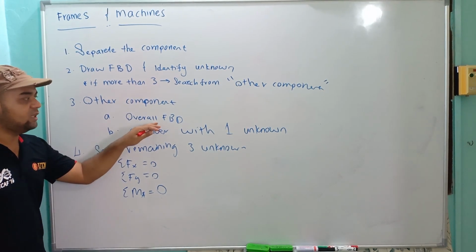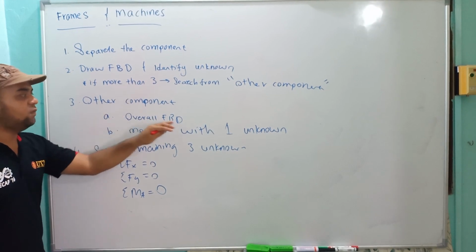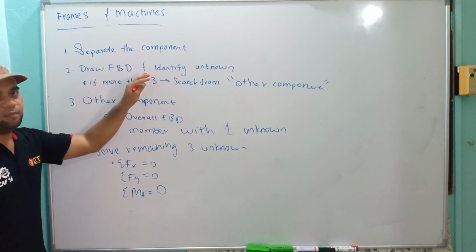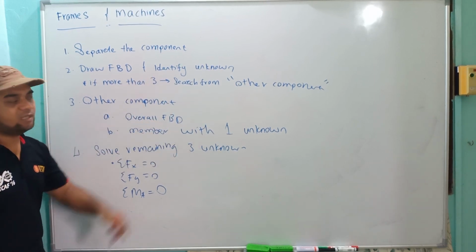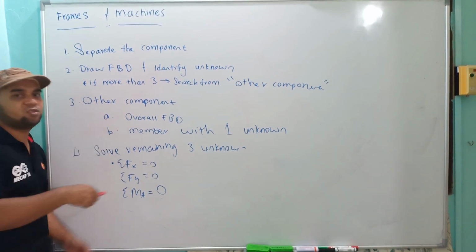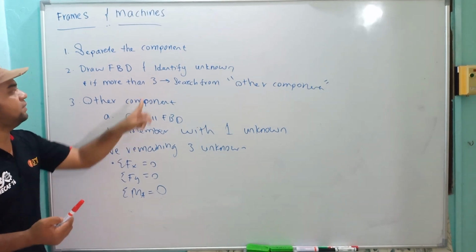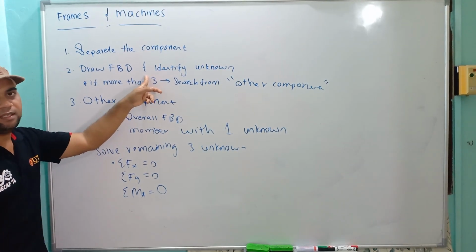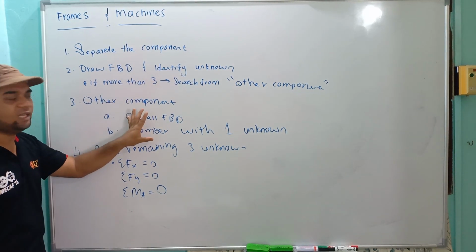If this cannot help, maybe from the overall free body diagram we can get one or two knowns to put here, but we still have several more unknowns. You can go to members with at least one unknown. For these two parts, you don't have to solve all of the unknowns. You just search for the unknown that can be put in the component that you need to analyze. If you want to solve everything here, you cannot.